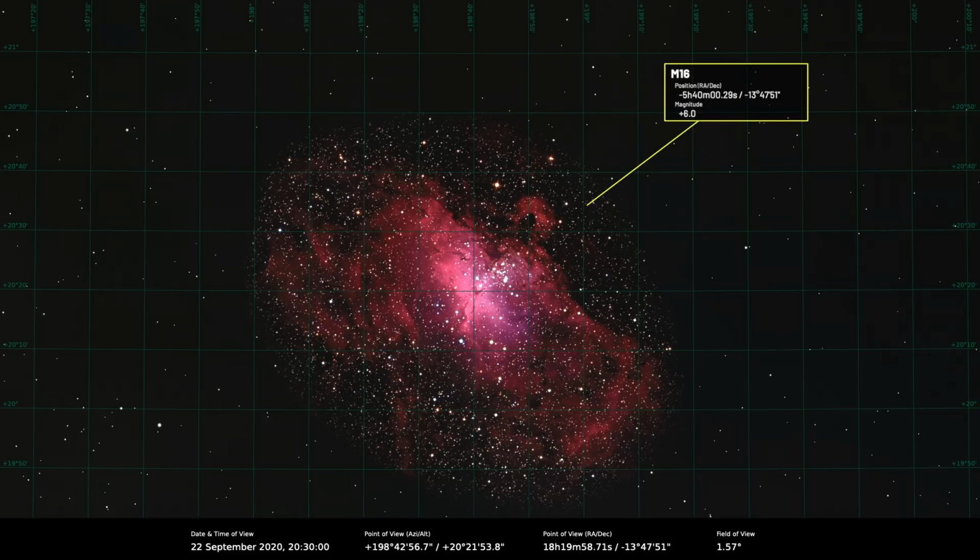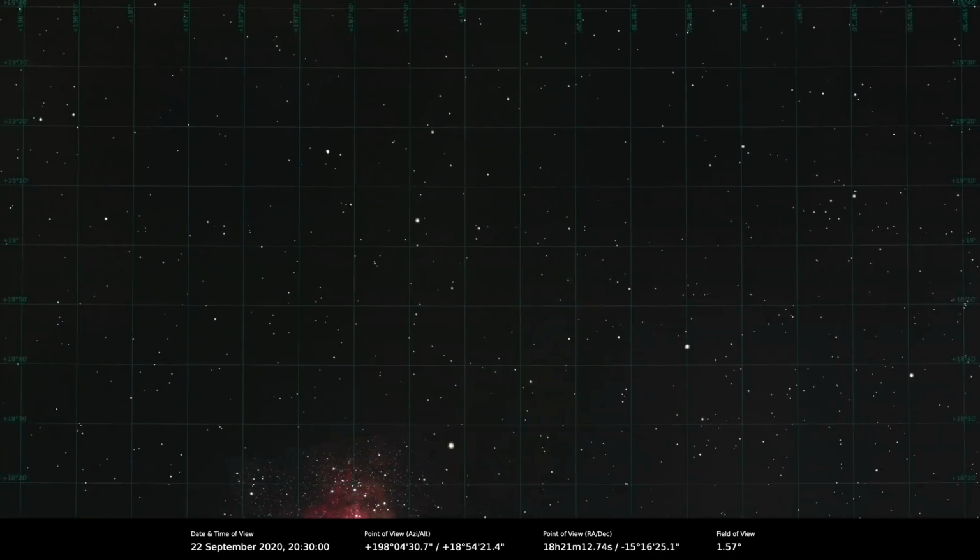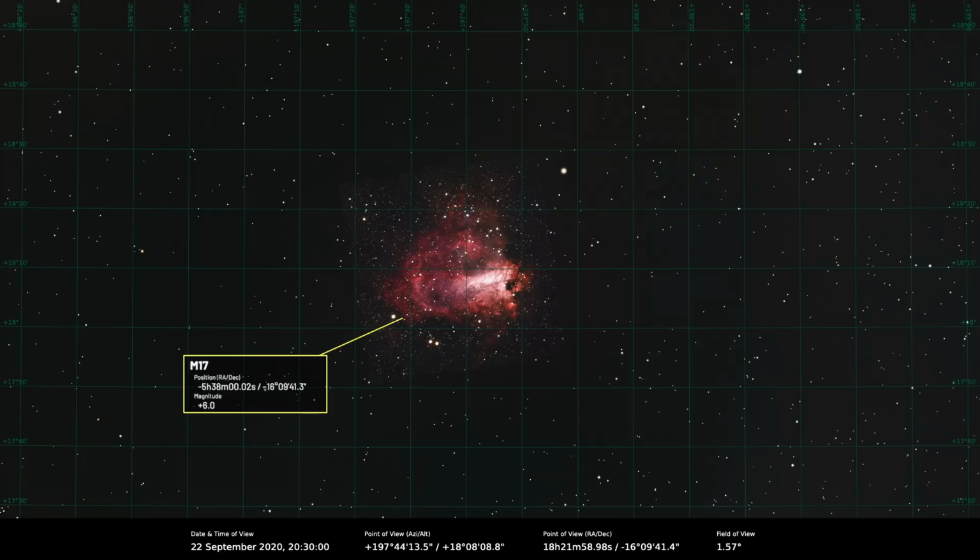It's not got a very high brightness, and there isn't a lot of structure to it. At least a few times I've seen it, anyway. You can see the cluster, but it's really difficult to see the nebulosity. And of course, you've got M17, which is the opposite, because M17 is quite bright and quite impressive,